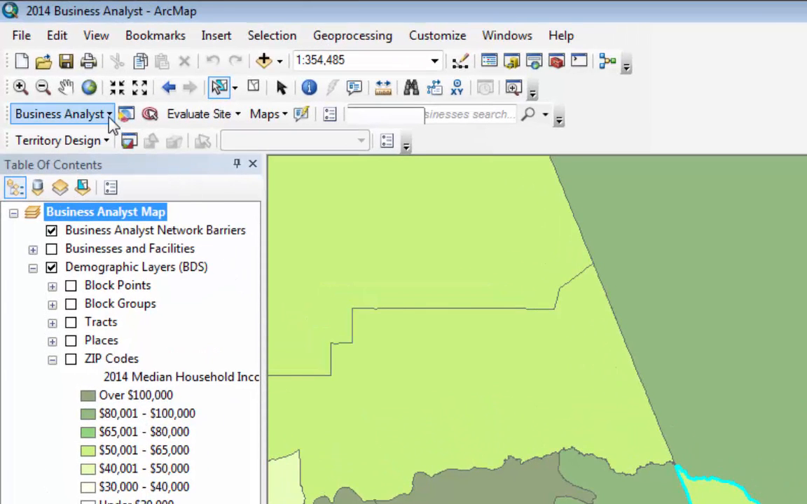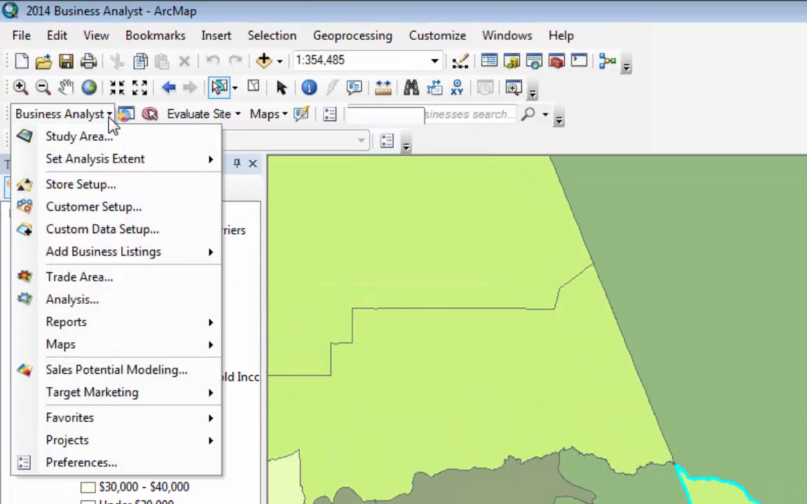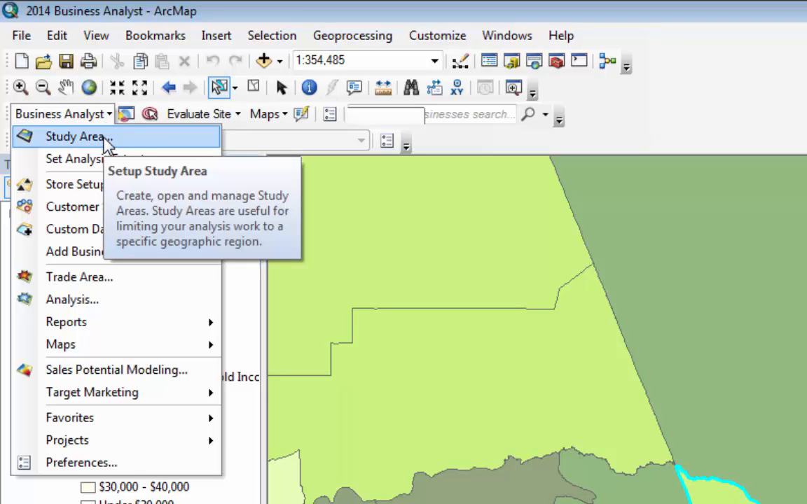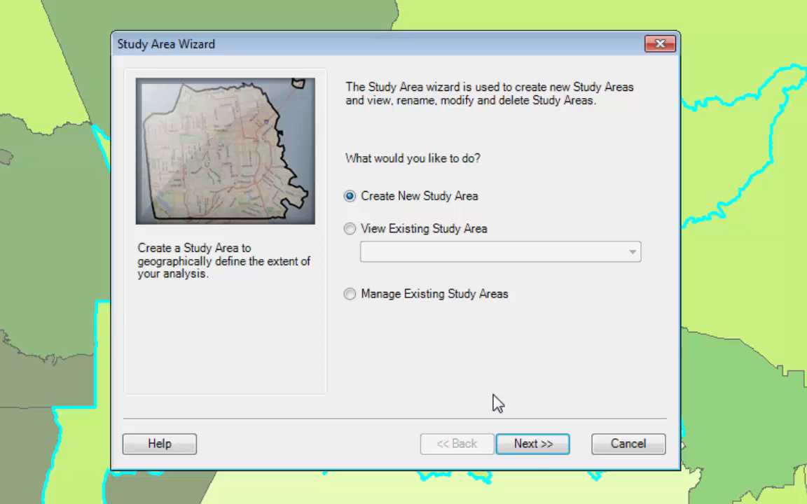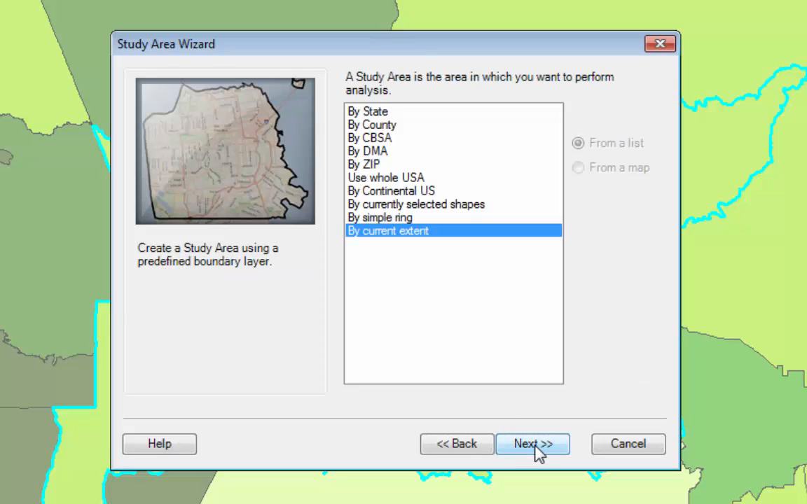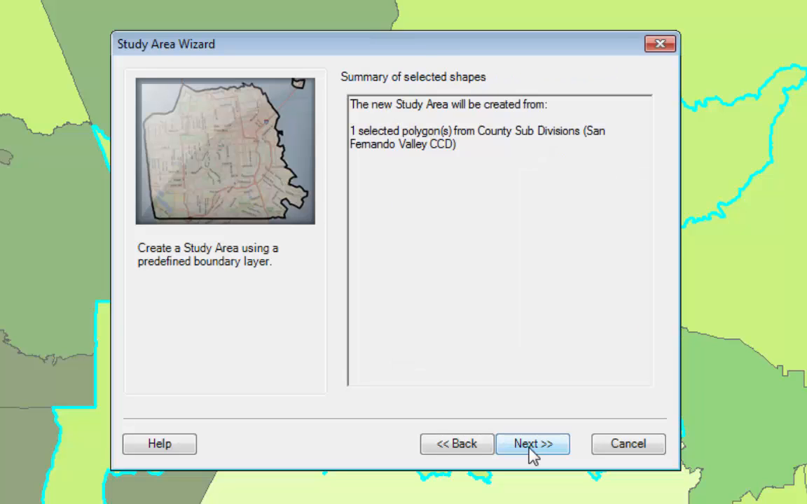I'm going to click on Business Analyst and click on Study Area, and I'm going to create a new study area from the currently selected shapes. There are other ways of doing it. Some of them work better than others, but this is essentially the zip codes that Business Analyst considers the San Fernando Valley. Click Next,